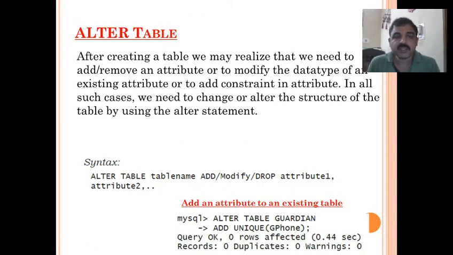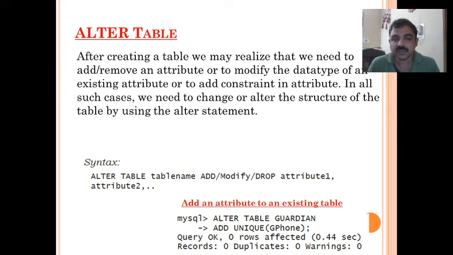Then the next command is alter table. After creating a table, we may realize that we need to add or remove an attribute, modify the data type of an existing attribute, or add a constraint to an attribute. In all such cases, we need to change or alter the structure of the table using the alter statement.